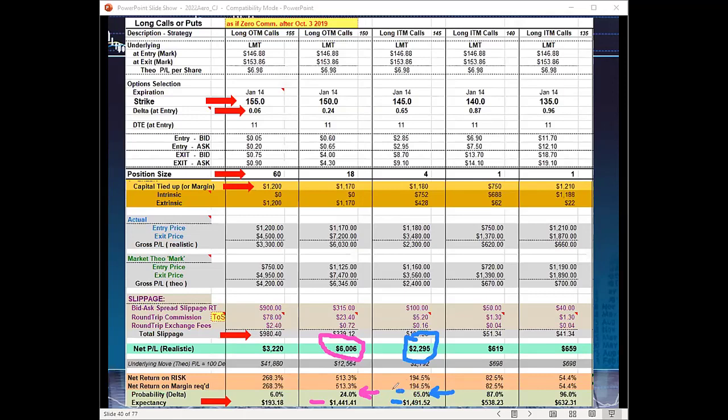So the trade with the greatest expectancy was very much driven by the fact that you used in the money options, to choose a delta of 65 in this case. So after having done many evaluations just like this of different trades and different options chains and underlyings, the sweet spot for expectancy is basically in that 55 to 65 delta range. So that's how I select my strikes.